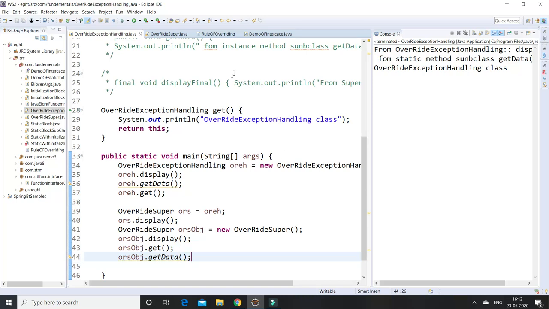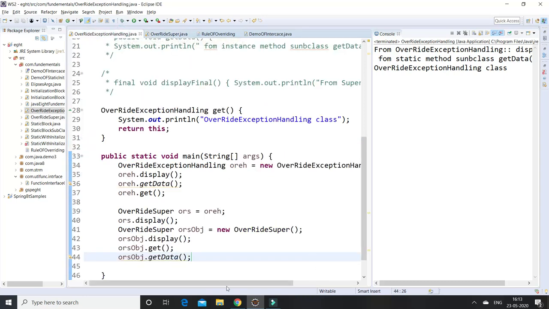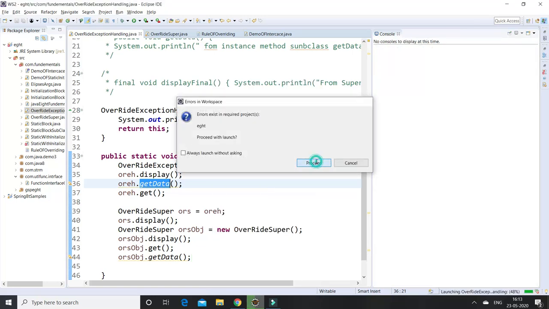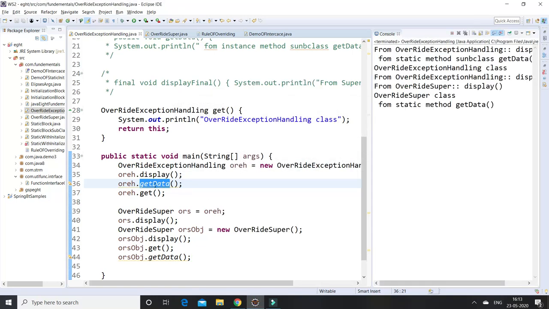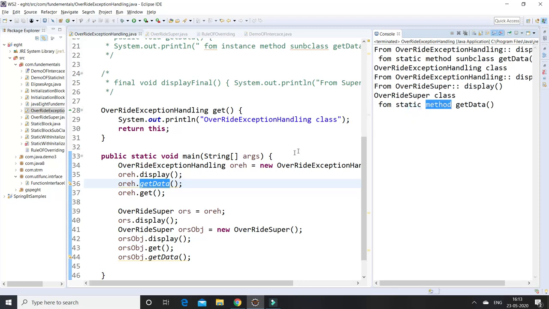So how can we access these static methods? Static methods are only accessed within the particular class. I am creating this overriding superclass object and calling this getData, and I am creating the object of the particular class. The same method will be executed, meaning the particular object's method will be executed. What I mean is, creating the object with getData, it will call the subclass static method only, and the superclass static method only executes here. That is one thing.